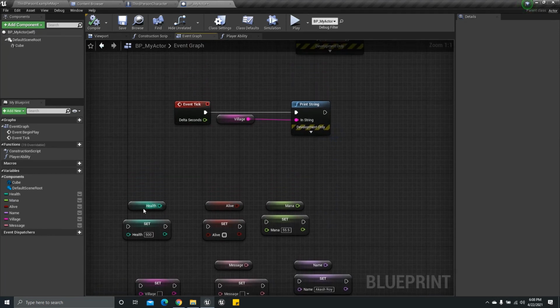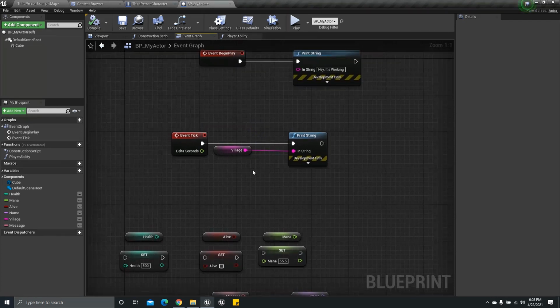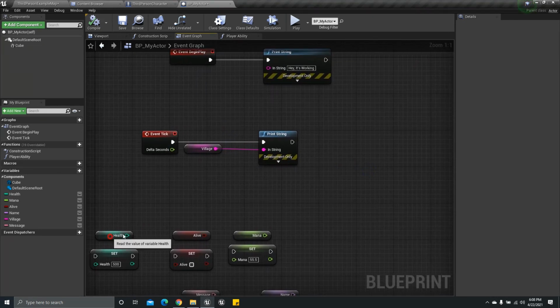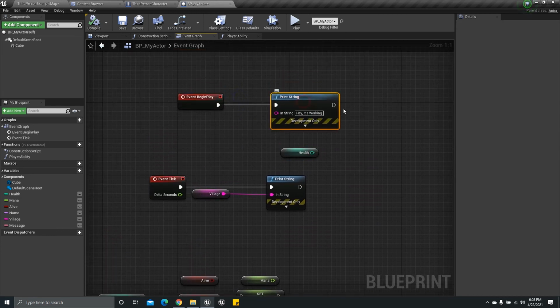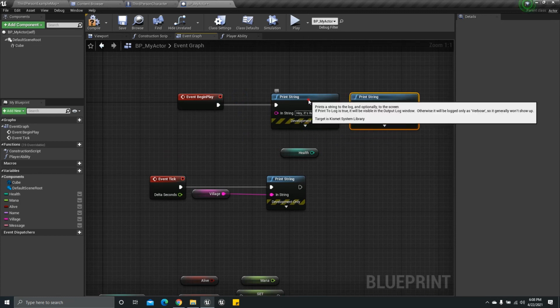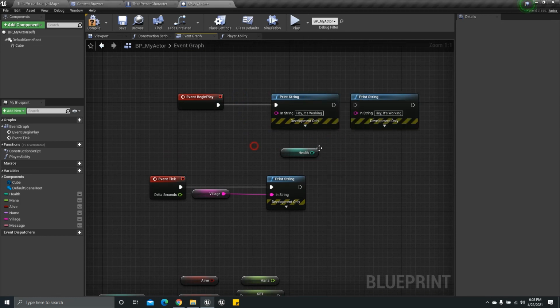And same for the other data types. So let me show you a thing. If I want to print string, again I'm going to duplicate it by Control W, or you can just right click and duplicate it.